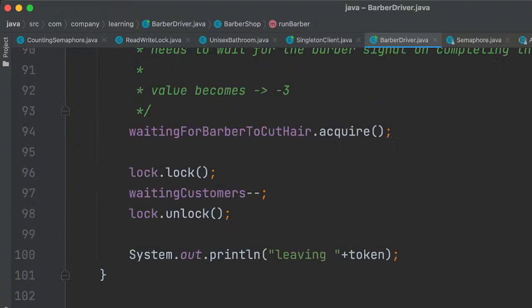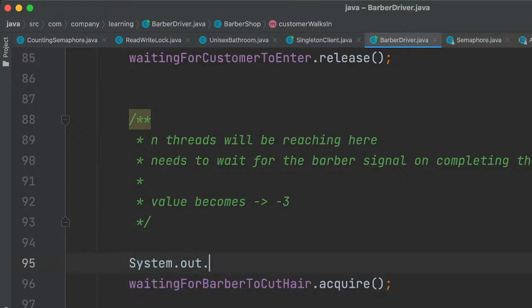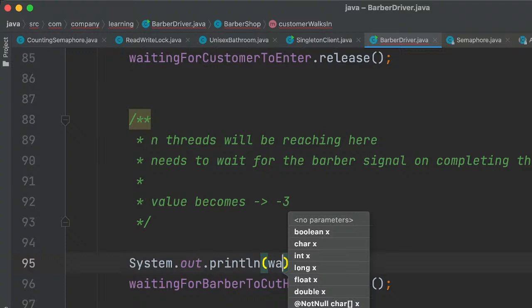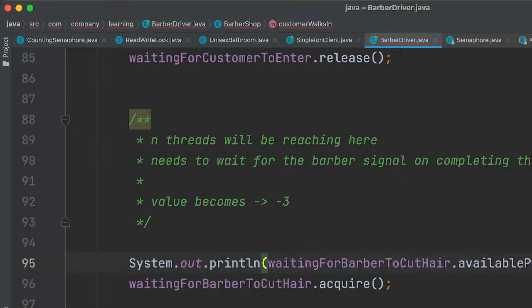Let's see what the value would be. System.out.println, time for barber to cut hair dot available permits. So we are trying to acquire the permits, right? Let's see.